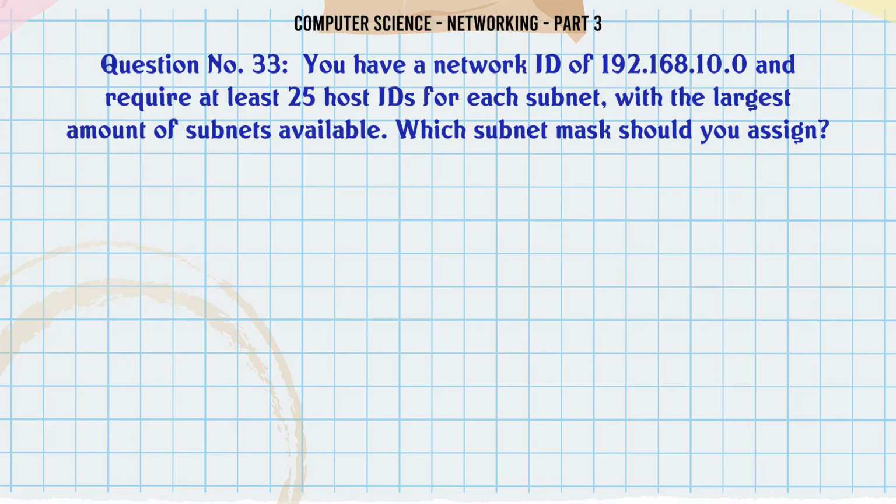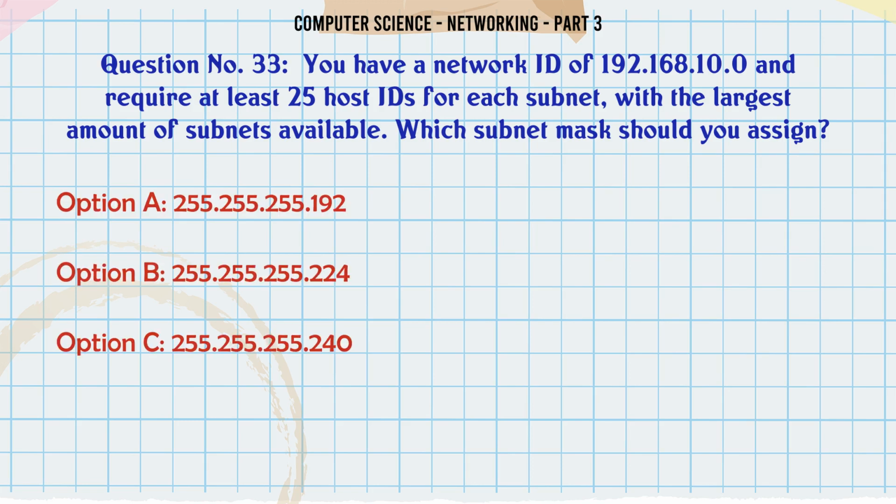You have a network ID of 192.168.10.0 and require at least 25 host IDs for each subnet with the largest amount of subnets available. Which subnet mask should you assign? A, 255.255.255.192. B,